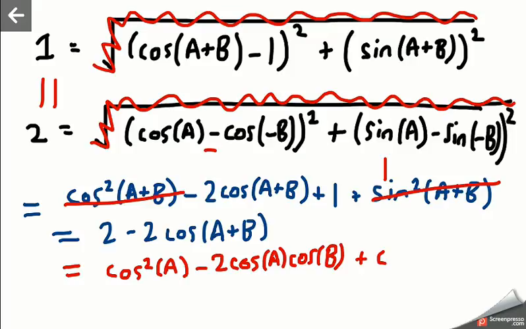Again, the two negatives cancel it out. So plus cosine of b squared, and that's this one expanded out. Pretty much the same thing for the second one, for this one right here. So plus, let's expand that one, sine of a squared